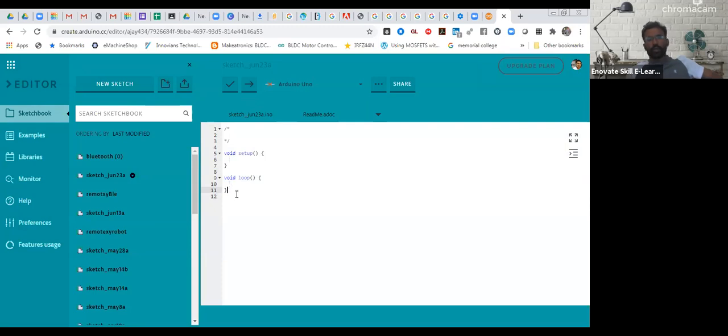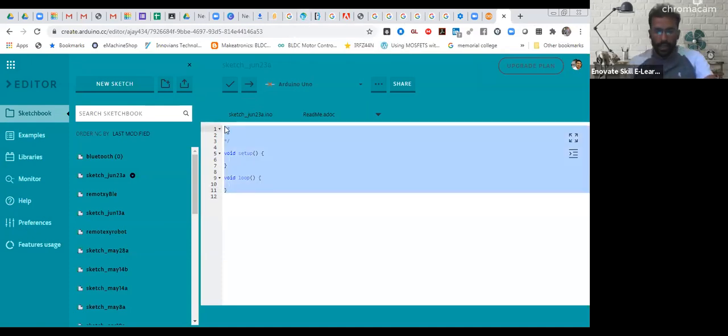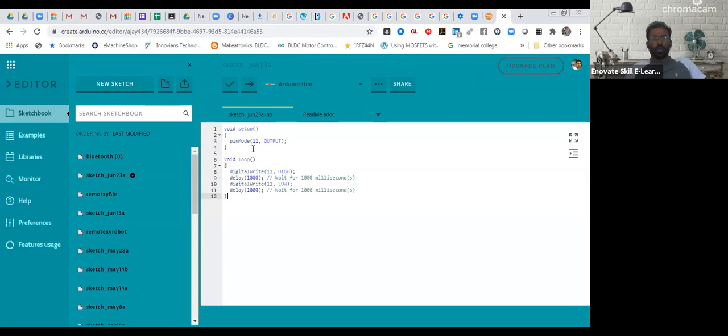So whatever code I have copied from the Tinkercad, that code I am just going to paste over here. After pasting our code, you have to take your Arduino board and connect the USB port with your computer. Now you can see, before connecting my USB port, the Arduino Uno is showing, but the wire is not connected with the cloud. This one I'm doing on the cloud, very important. So no need to install any software, no need to download anything.